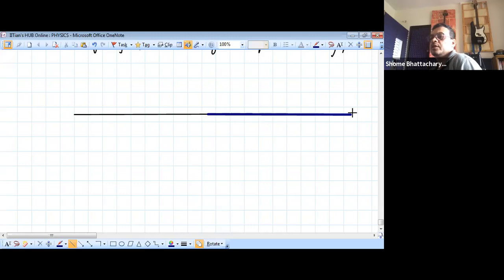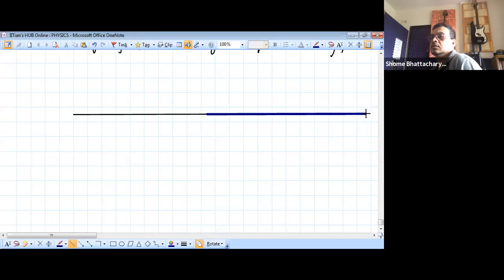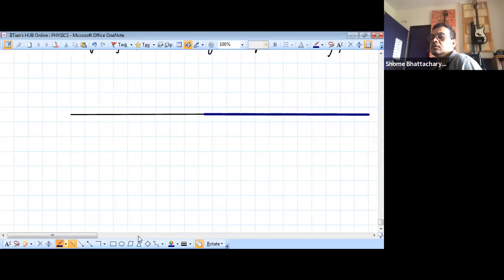Now this is a junction point between a heavier gauge string and a lighter gauge string. This is the junction